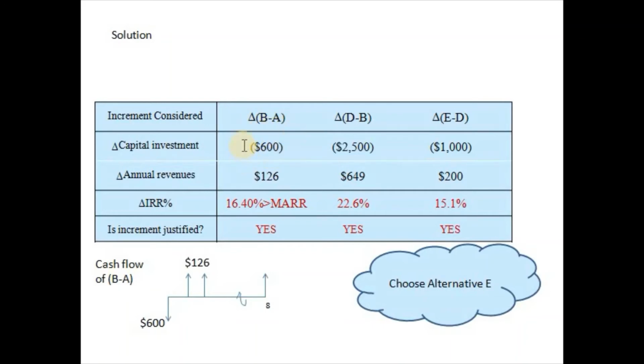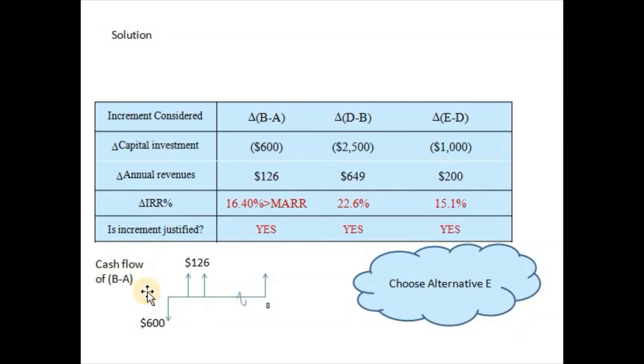So as we said, the value here is minus 600. Which is as it should be. The first value in the initial investment should be negative. So when I want to draw the cash flow diagram of B minus A, I have to begin with a negative arrow. Can I begin an investment and I'm gonna earn $600? No, you are investing in a project, so you have to pay money at year 0. So this is the correct way. So this is incremental analysis of B minus A. The first value is minus 600. The annuity is 126. So this is the new cash flow diagram related to the incremental analysis of B minus